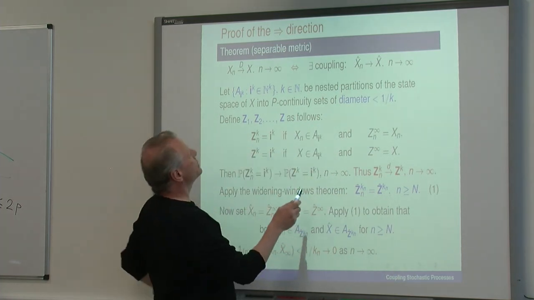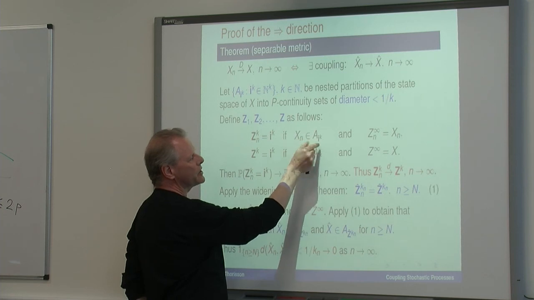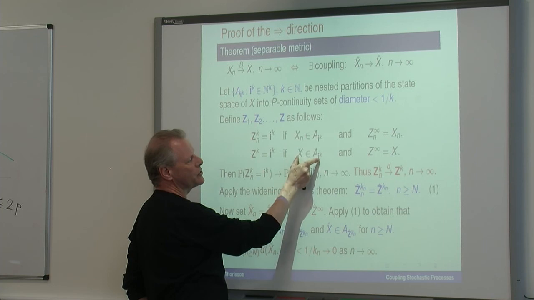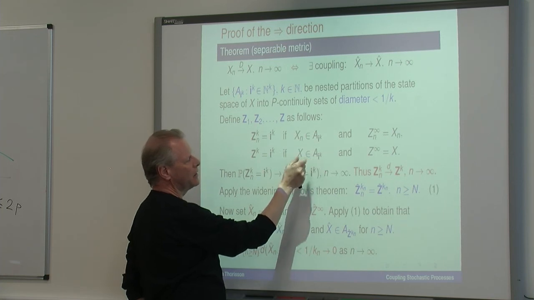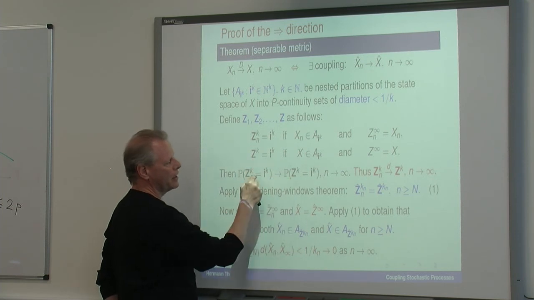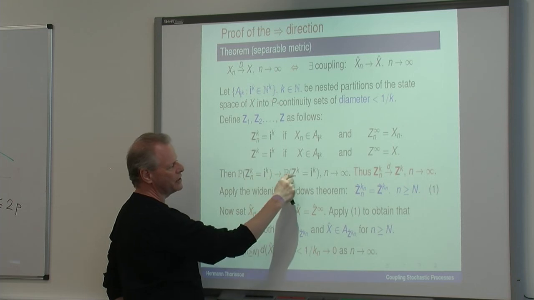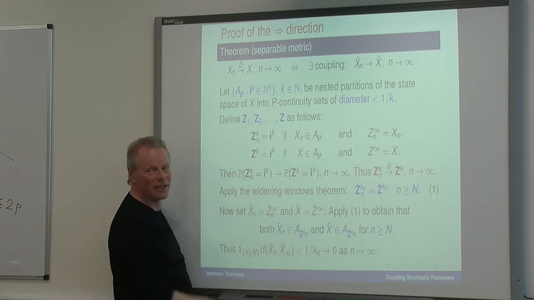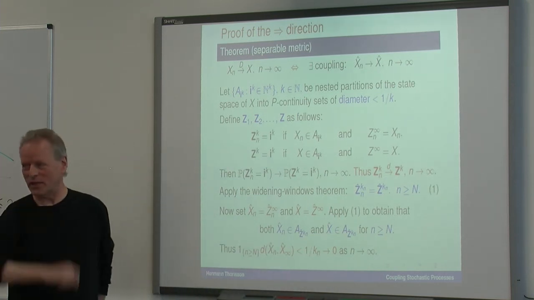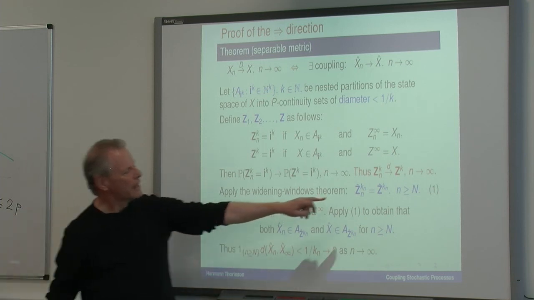So convergence in distribution means that the probability of this tends to the probability of this. And if you divide by this here, you see that the density with respect to this distribution tends to 1. So we have this, and then you can use the stochastic processes theorem to get this,